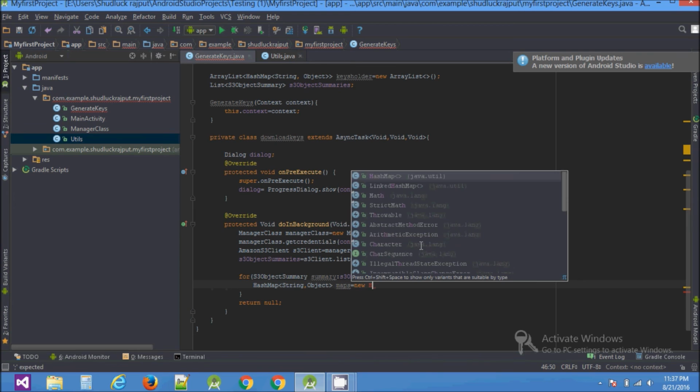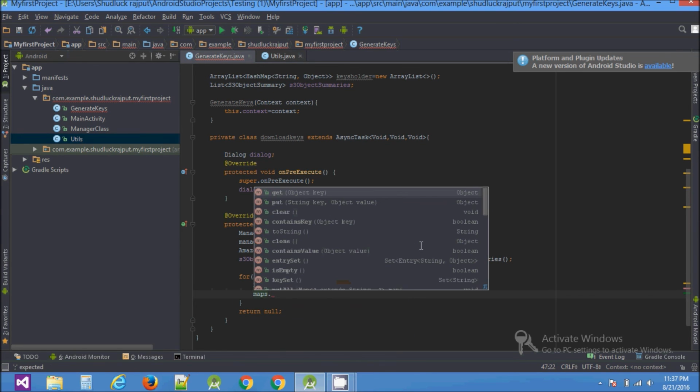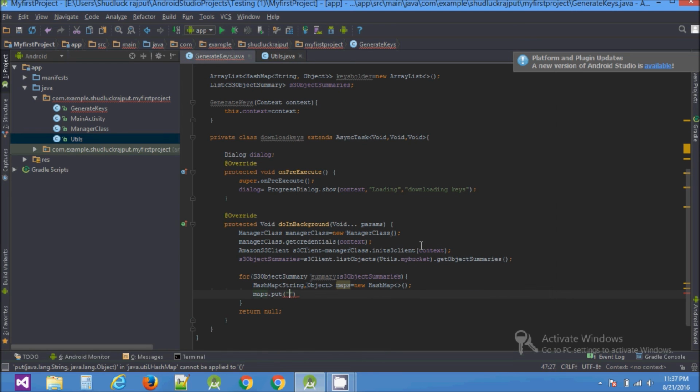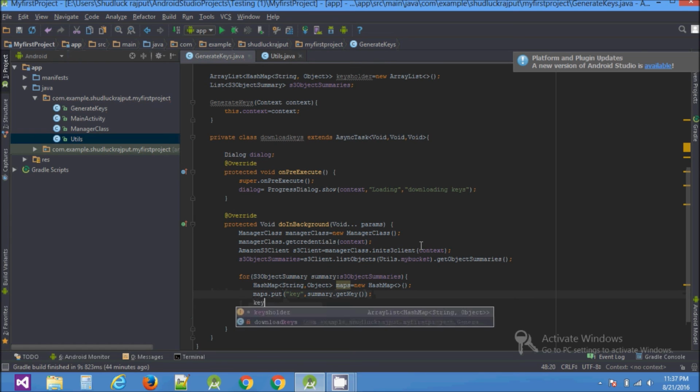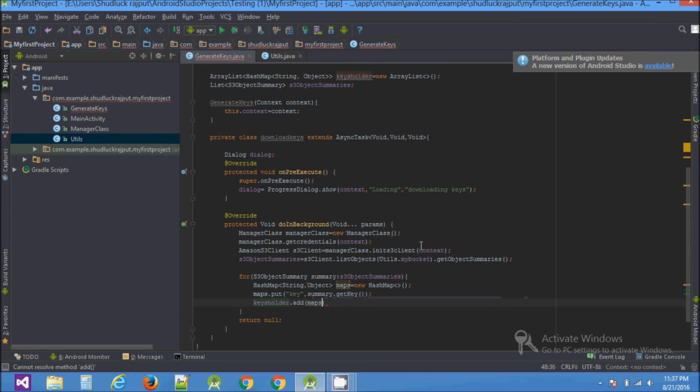Just initialize it. After that, maps.put key comma summary.getKey, and after that add it to keysHolder.add maps. Okay guys, so that's it, we're done.